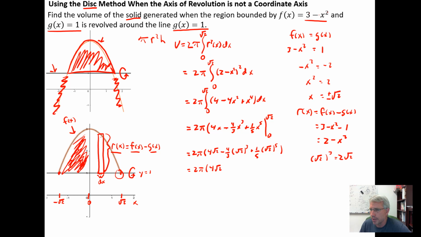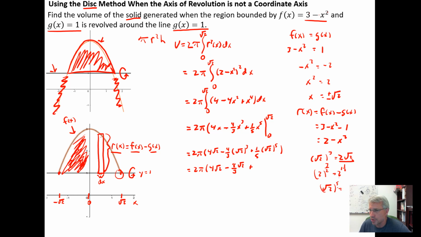In other words, think about this as being 2 to the 3/2 power, which is 2 to the 1 1/2 power. So we get one 2 coming out, but we still have a 2 under the square root. So root 2 cubed is 2 root 2, so I'm going to wind up with 4 times 2 is 8. So I'm going to have minus 8/3 square root of 2 from simplifying this, plus, and here root 2 to the 5th